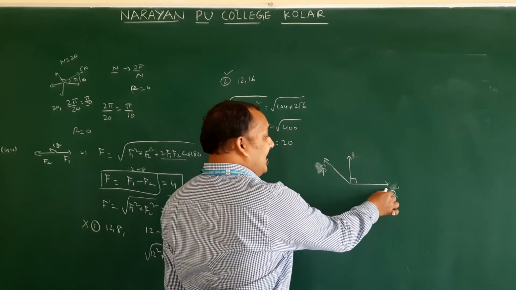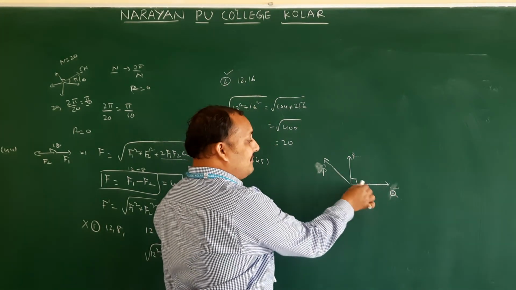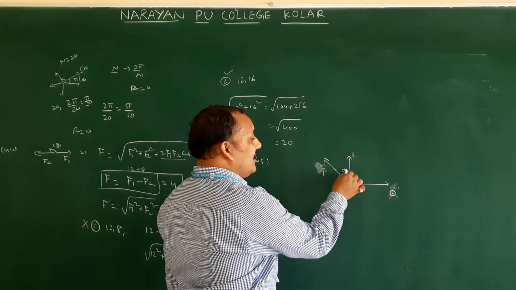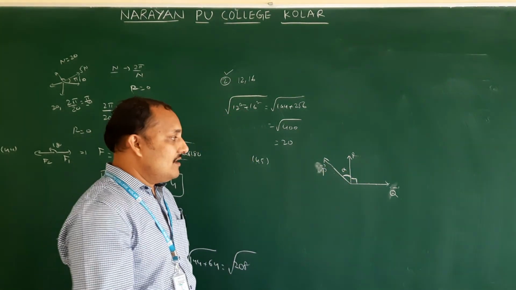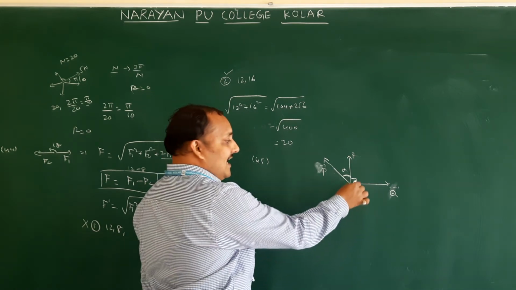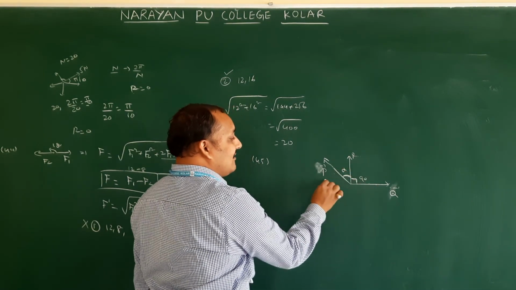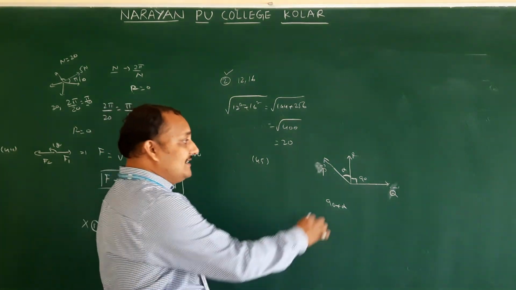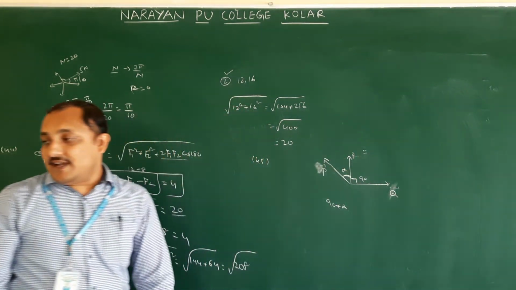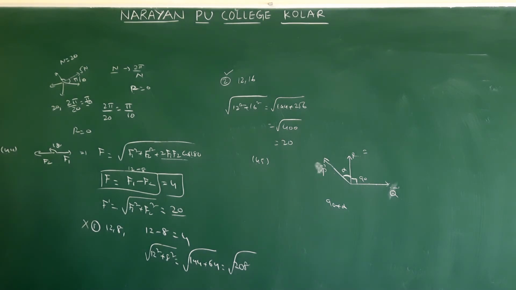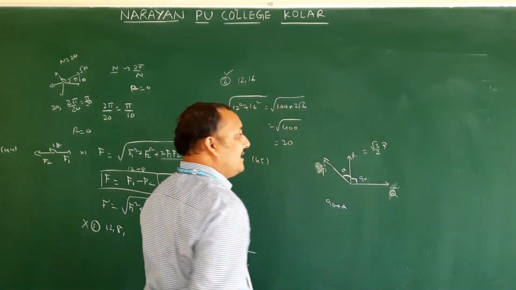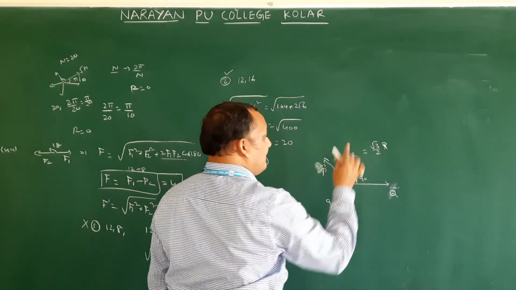Then what is the angle between p and q? We have already got this angle, 90. This other angle we should find. So assume this angle is alpha or theta; this alpha we should find. Already this angle is 90, so 90 plus alpha is the angle between p bar and q bar. The resultant value they give is root 3 by 2 p.